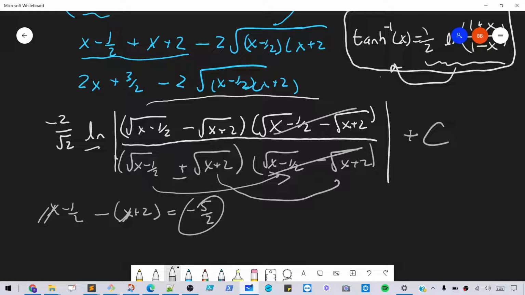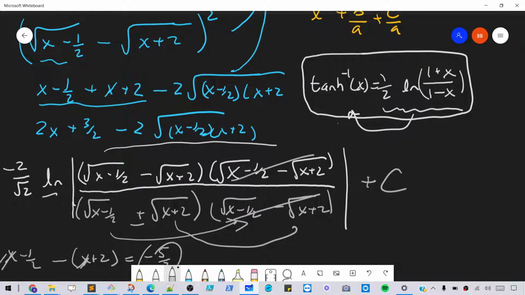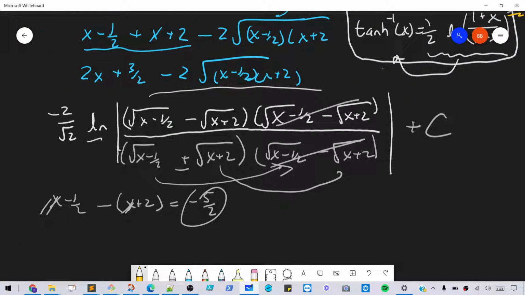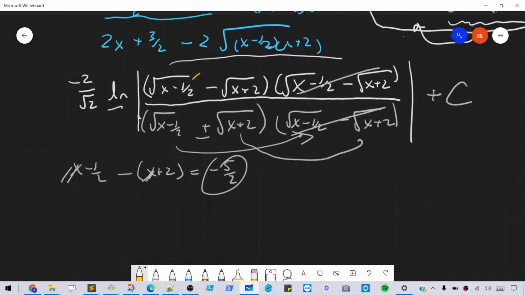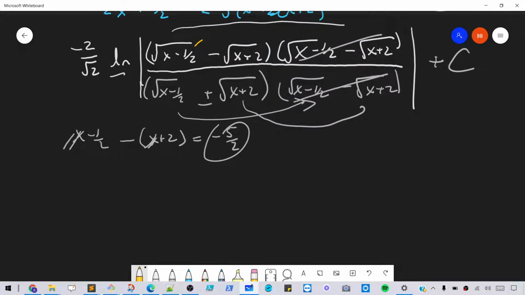So next, this is getting us closer, because remember our goal is to have something look like this guy over here. And we do have a way to do that. What we can do is take our x minus a half term and divide top and bottom, the numerator and denominator, by that. So let's see what that's going to look like. If I multiply through by that on the inside of the natural log,